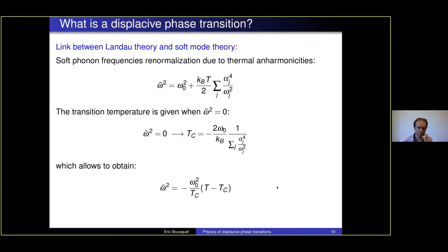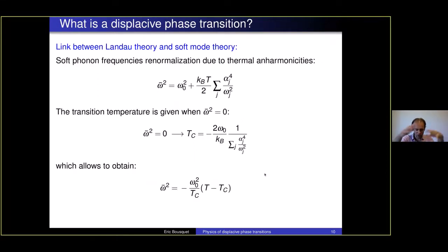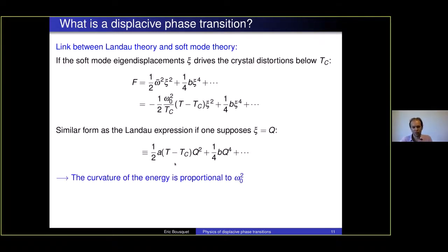Okay, so now this is what we have. We can explain the observation of the softening of phonon frequency with respect to temperature, with linear evolution of the square of the phonon frequency, through this simple anharmonic phonon-phonon interaction. So now we know how the phonon frequency is evolving, but now we want to link that with the Landau model. And this is going to be easy in the sense that we have a softening of phonon frequency, but what does it mean? We have solved it for the frequency.